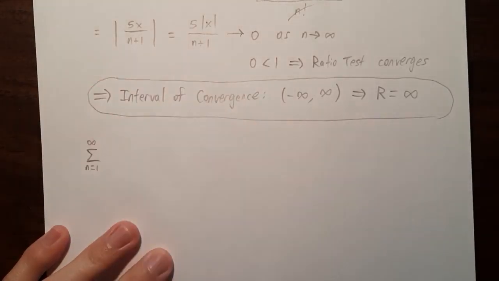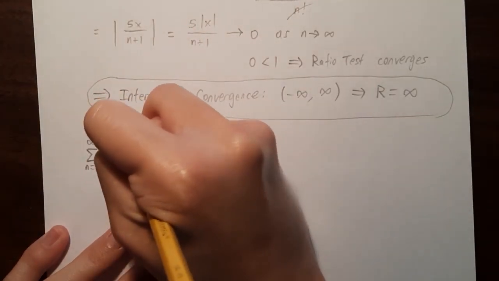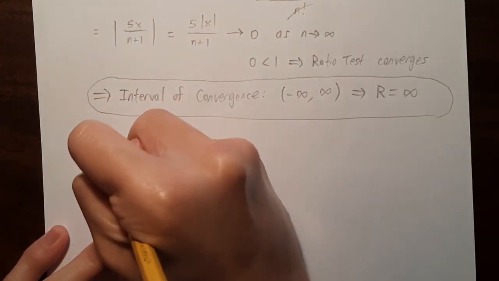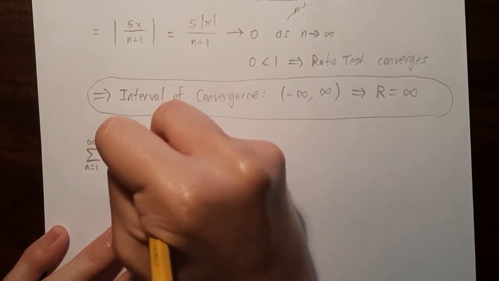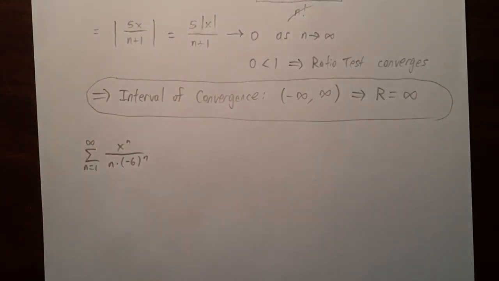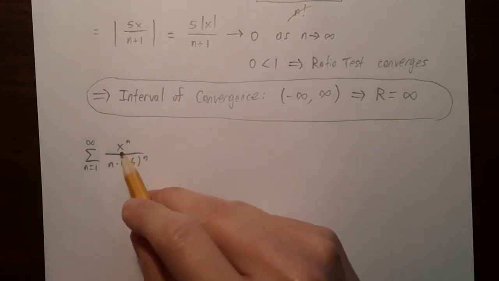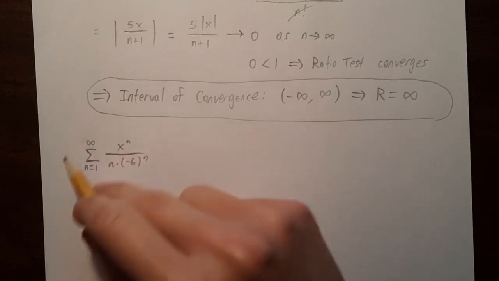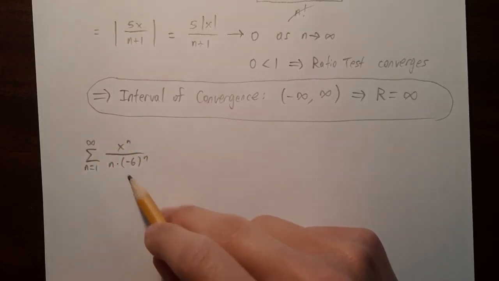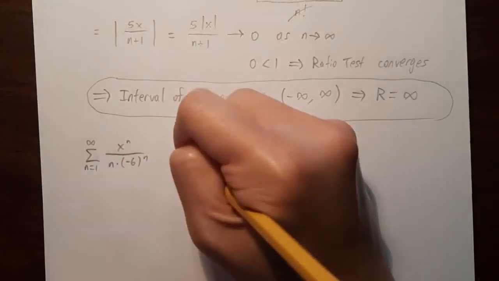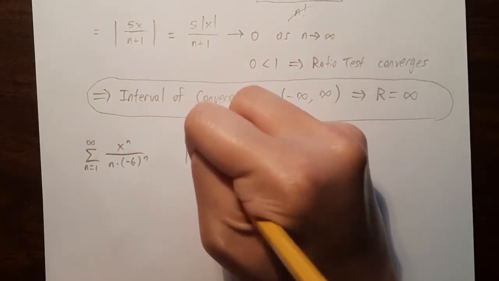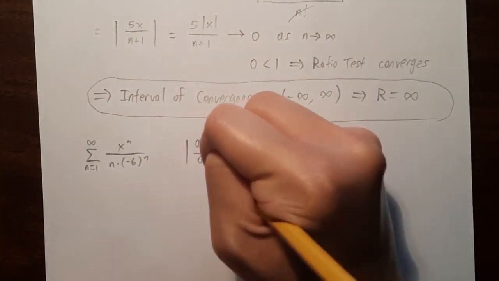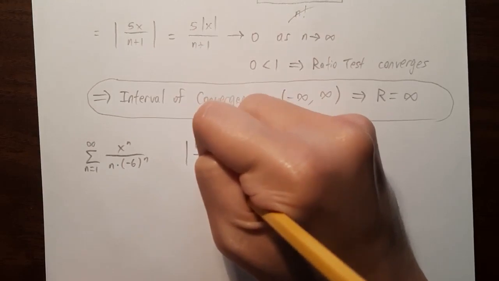The sum from n equals 1 to infinity of x to the n divided by n times negative 6 to the n. All right, so again, we're looking to find the interval of x values such that if we plug in any x value in that interval, we get a convergent series. So again, the tool is the ratio test. The ratio of a sub n plus 1 over a sub n